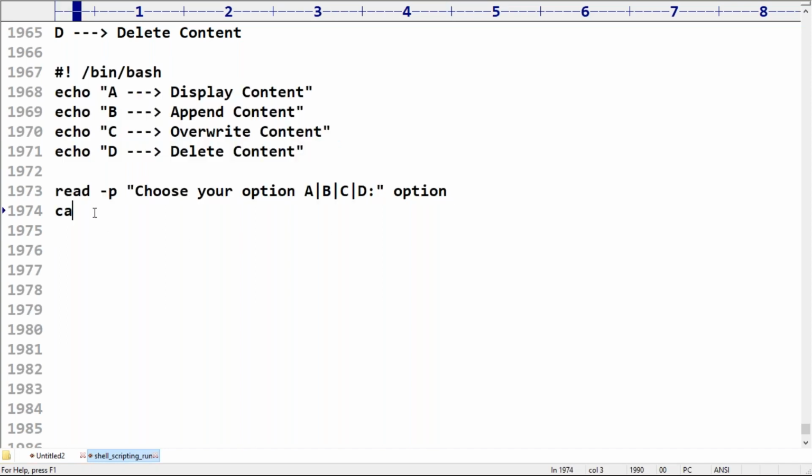Sir, now it is a very easy case: case $option in. If the option is A, he chooses A. What I have to do is display the content of the file. Correct, right? Now my question is, the file may be an empty file also.